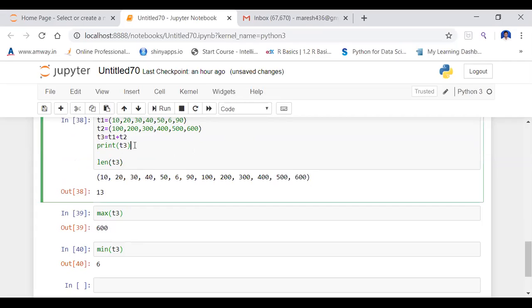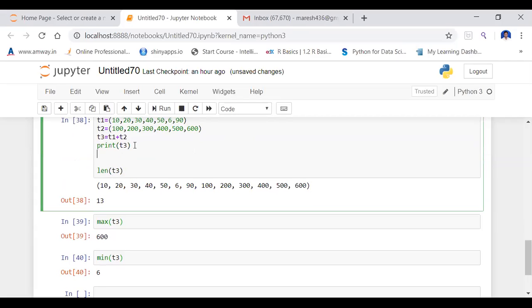You want to access the elements from 6 to 500. Yes, sir. It is saved in T3. So what is my index value of this one? 6. 1, 2, 3, 4, 5, 6. I think we need to count it from 0. No. It is 0, 5. 1, 5, like as 5 column. This one is the last but one element, na? I will supply -2.